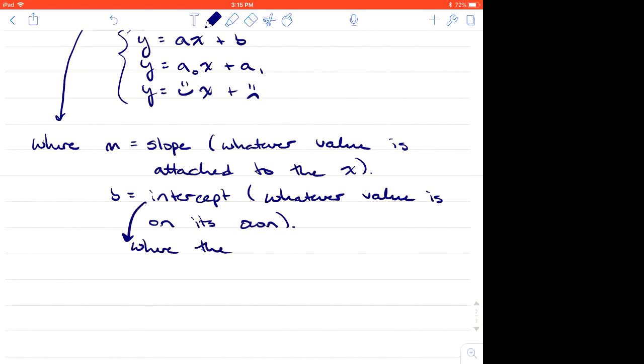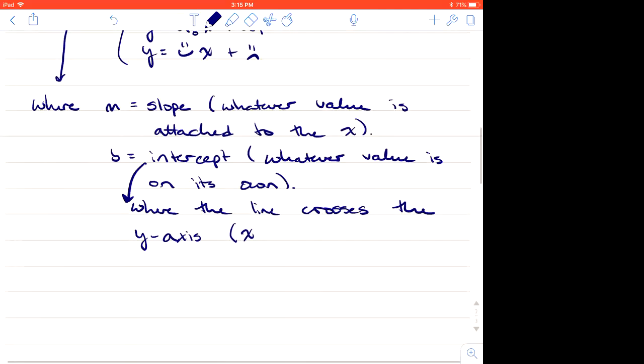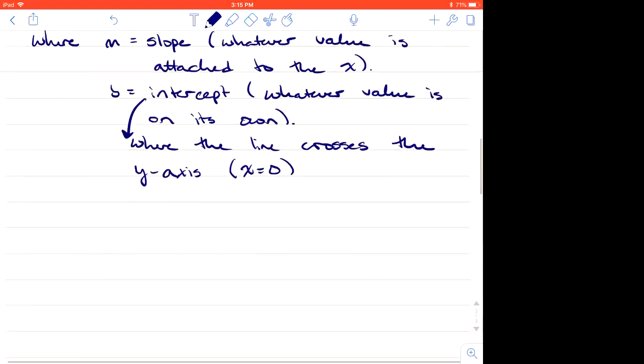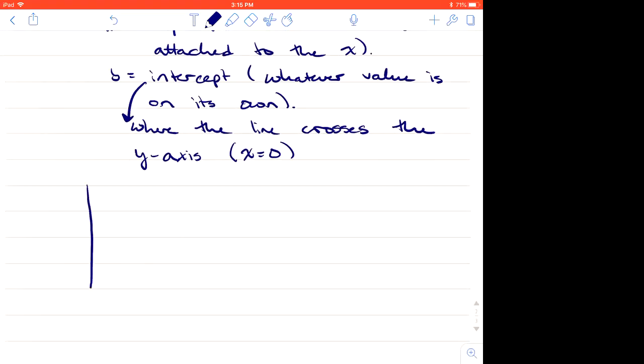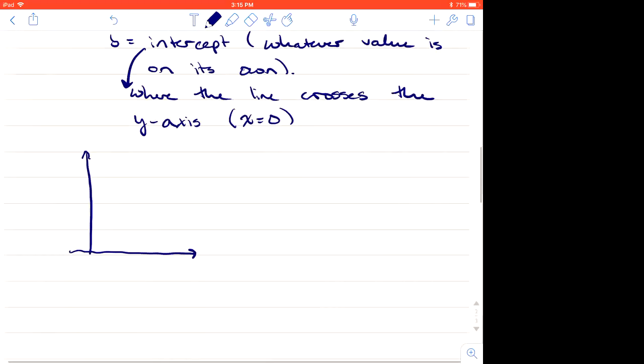Where the line crosses the y-axis, meaning it's the y when x is equal to 0. So if we imagine an XY axis here,